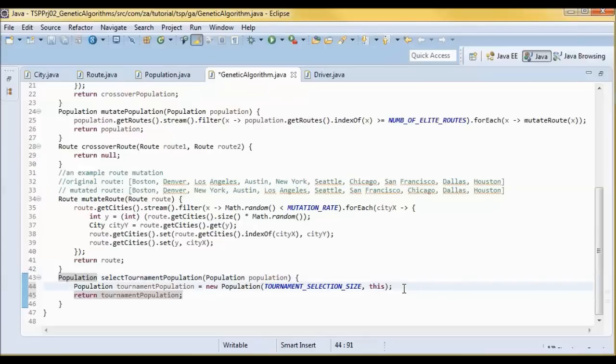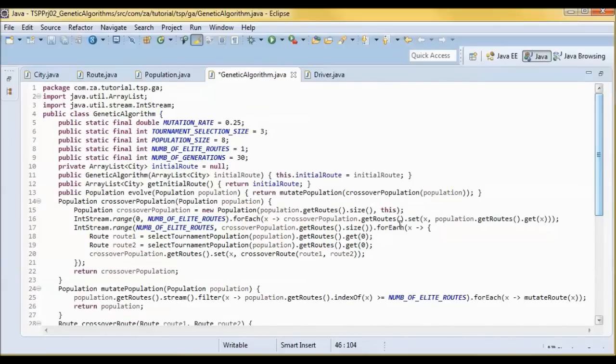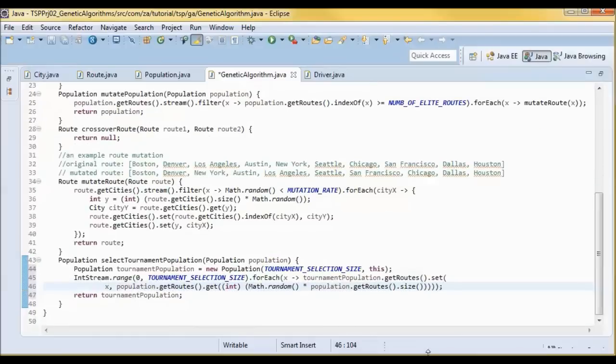But before doing that, I will randomly select a number of routes, and actually before returning them, let's go ahead and sort those routes by fitness.